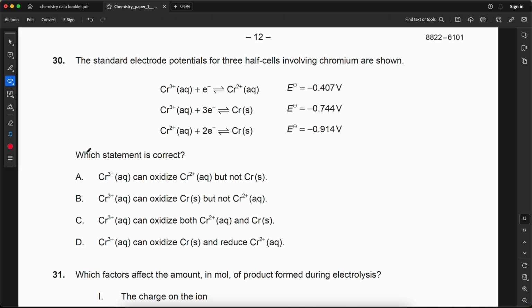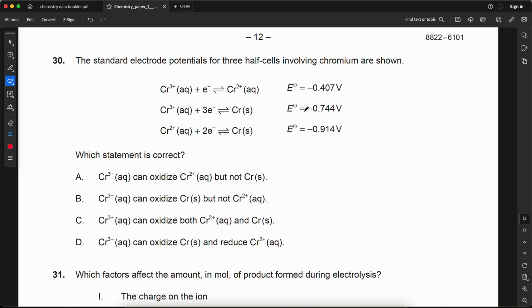The standard electrode potential for 3 half cells involving chromium are shown. Which statement is correct? The higher the reduction potential, the greater the tendency to be reduced. It will oxidize the lower potential. So the higher,